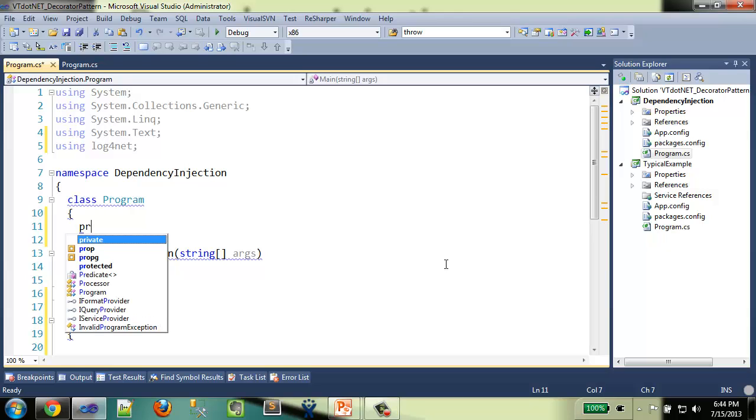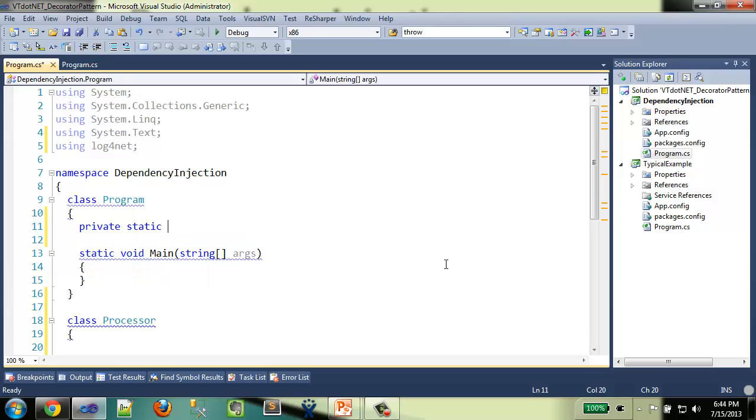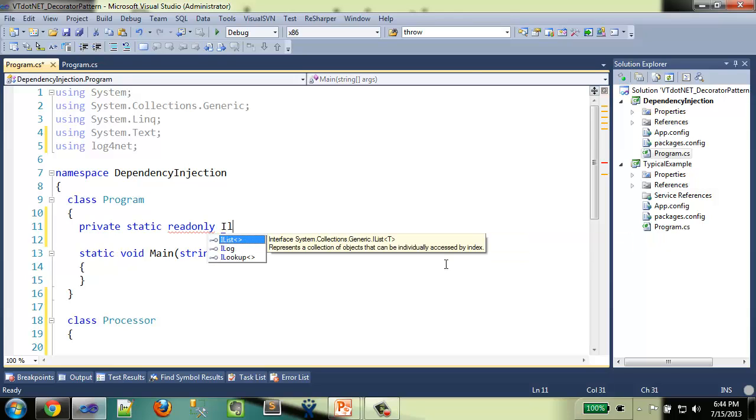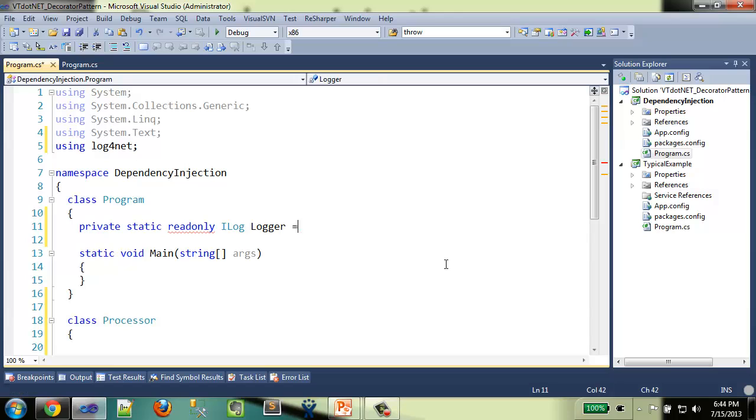So I'm going to declare a private static. We'll even make it read only, and it's going to be an ILog, which is a log4net interface. We'll call it logger, and it's going to be equal to a new